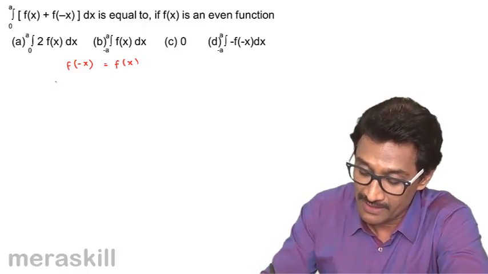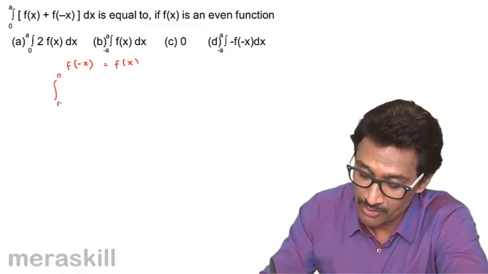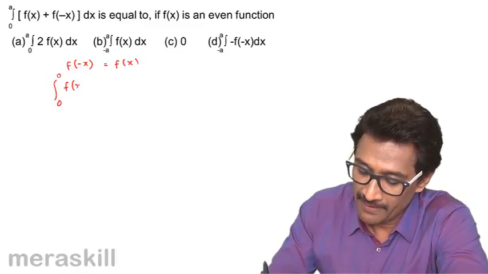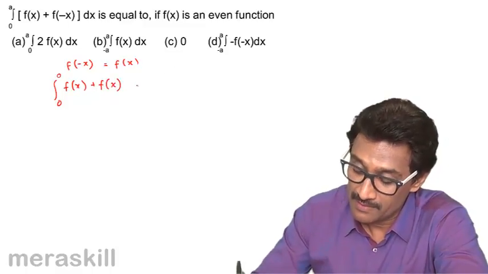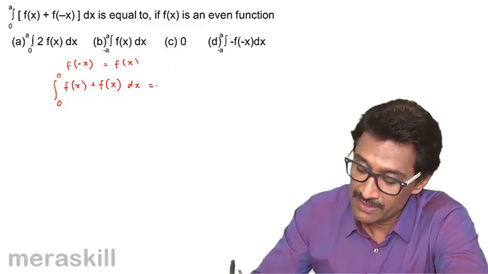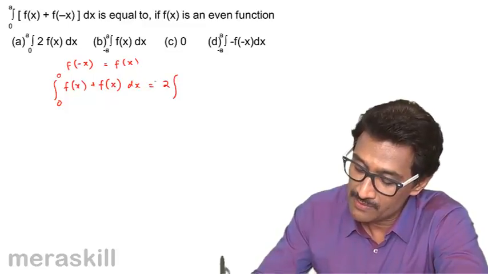So in the question we can substitute, from a to 0, f of x plus f of x dx, which is eventually 2 times